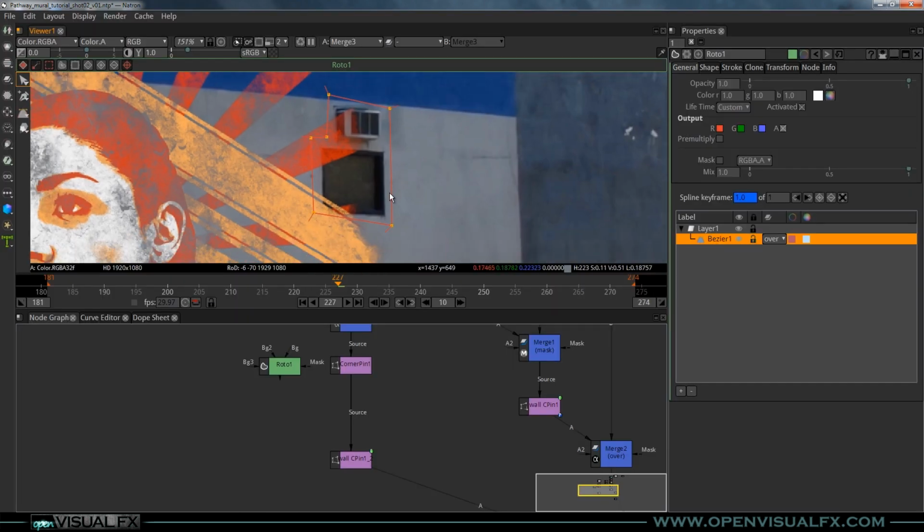There we go. Okay. I'm going to select them all, Control A and Shift Z, just to make sure they're all real corners and not a really small Bezier handle by accident. And I'm going to reposition these a nice even distance from the edge. I'm going to leave a little bit of a gap between. I'm not going to roto it right on it. I'm going to leave that gap there a little bit. And we can even name this one window. And let's name this roto while we're at it. Let's call it